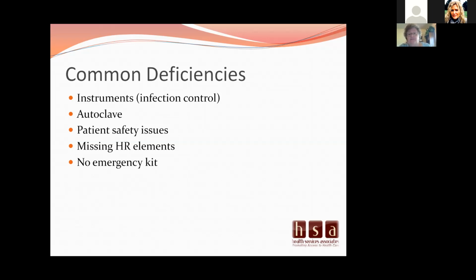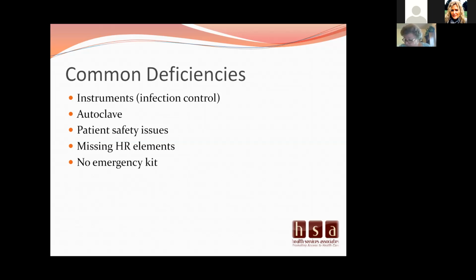If you don't have signed job descriptions, they can get after you for that. So whatever Tressa went through in compliance, go through those slides again, make sure that you have the elements the way that she has stated you need to have them, because surveyors are going to be looking at exactly the same thing, and you don't want to get caught in needing a POC and having to do this whole correction.